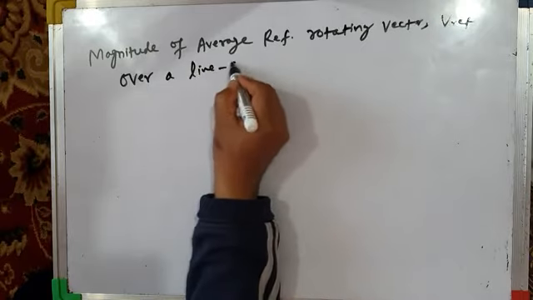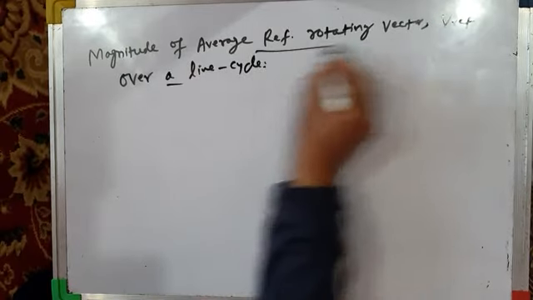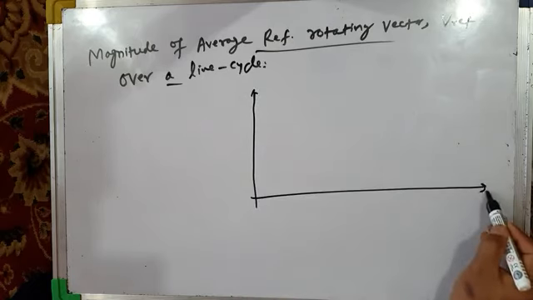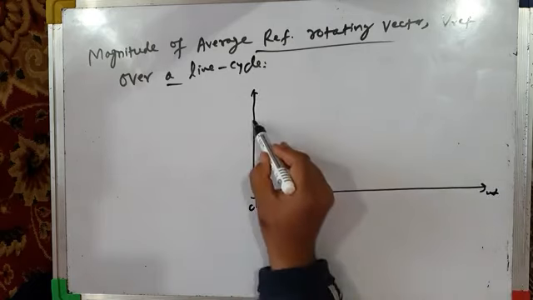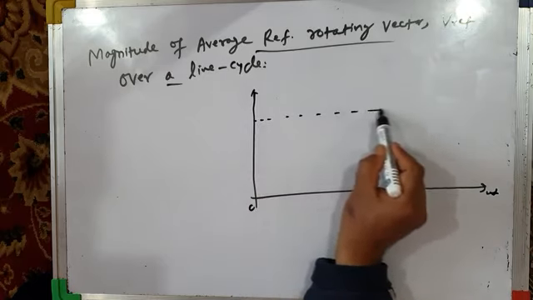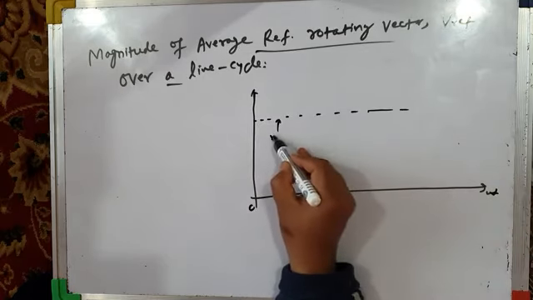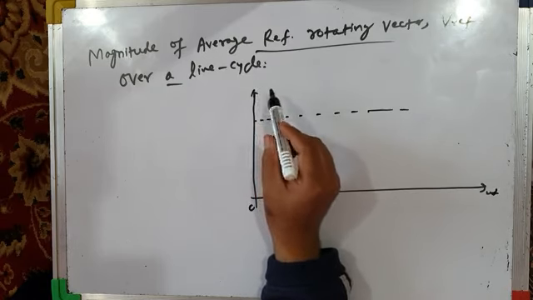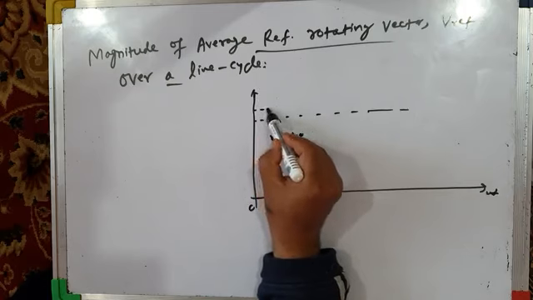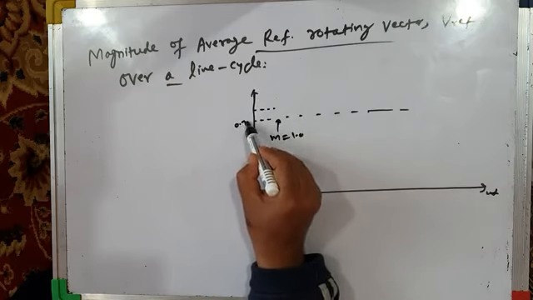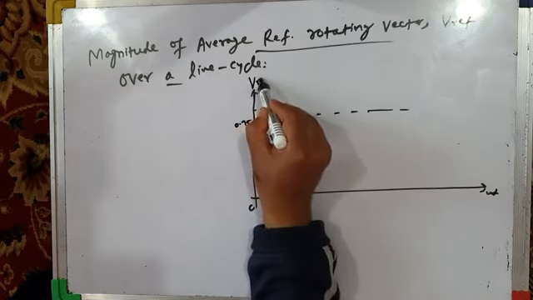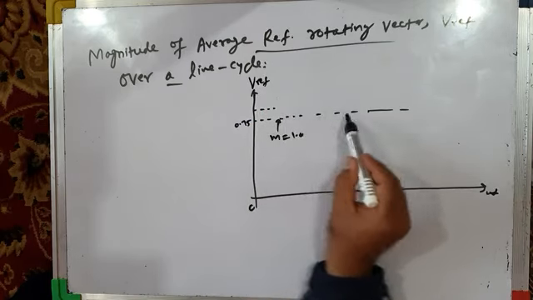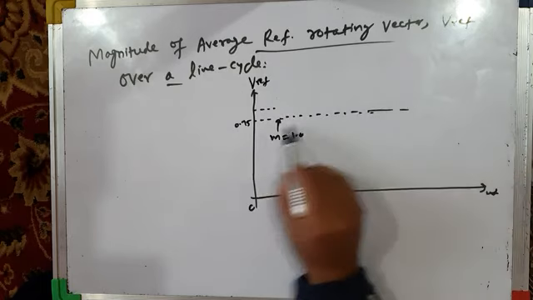We'll first of all see how it varies over a line cycle. This is our omega t, 0 degree. This is, again, as I have already told you, for modulation index m equal to 1.0, and this is 0.8. Here the magnitude is Vref. Magnitude of Vref for modulation index 1 is 0.75,